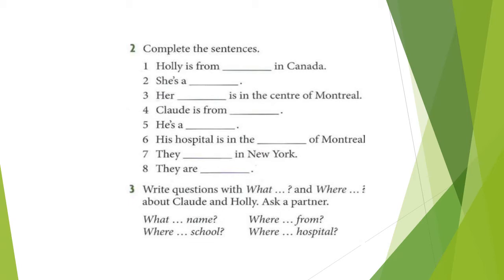3. Her blank is in the center of Montreal. Her school is in the center of Montreal. 4. Claude is from blank. Claude is from France. 5. He is a blank. It is easy. He is a doctor. Yes, good. 6. His hospital is in the